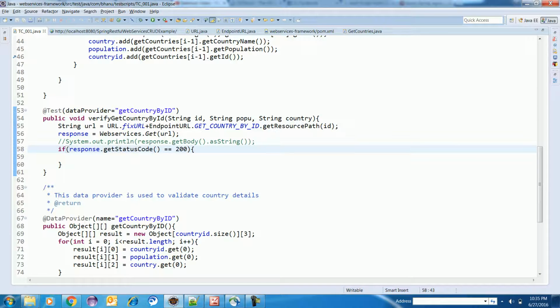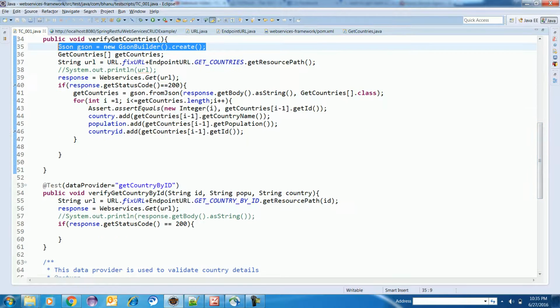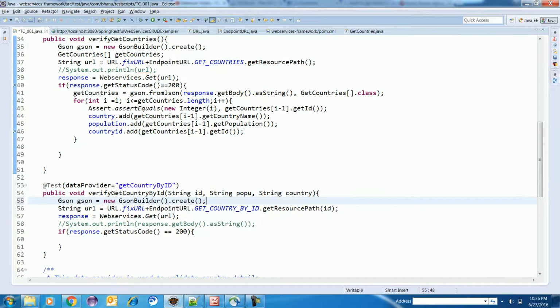If it is 200, I need to verify the data of the response. Again we can make one object of JSON here, and we can make the reference of this class.